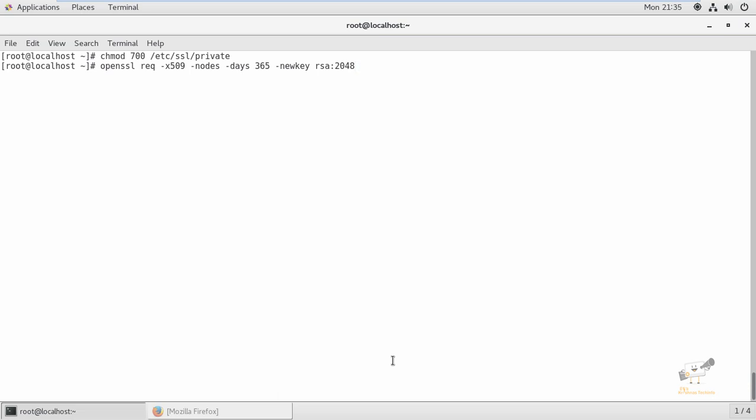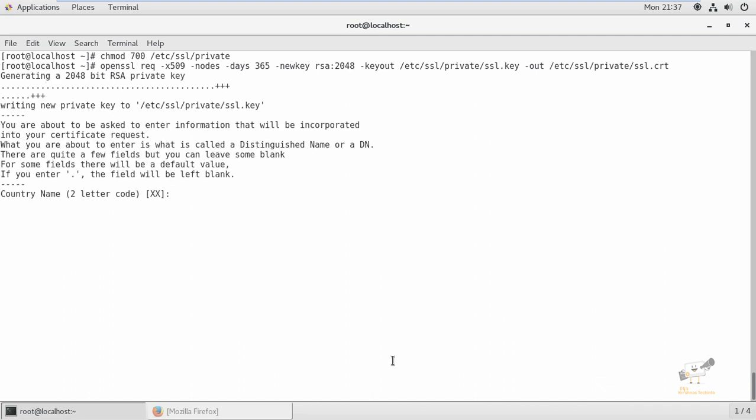We did not create the key that is required to sign the certificate in the previous steps, so we need to create it along with the certificate. The rsa:2048 tells it to make an RSA key that is 2048 bits long. Then -keyout and the path to save the private key, and -out private.crt. The -keyout option tells OpenSSL where to place the generated private key file that we are creating, and the -out option is used to place the certificate that we are creating. Now give enter.